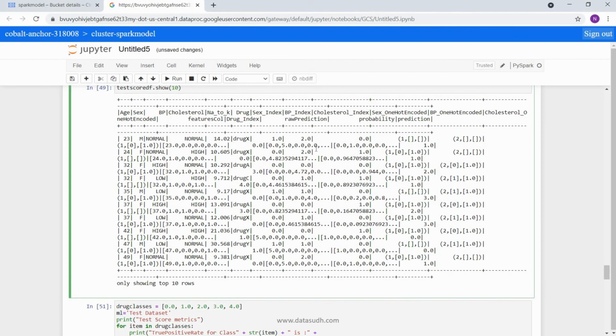So with this we have completed our course in which we first set up Spark in local and Google Cloud. Then we went through a series of steps to train our model, and then we tried to evaluate the trained model, and then we scored on the test dataset and evaluated it again.